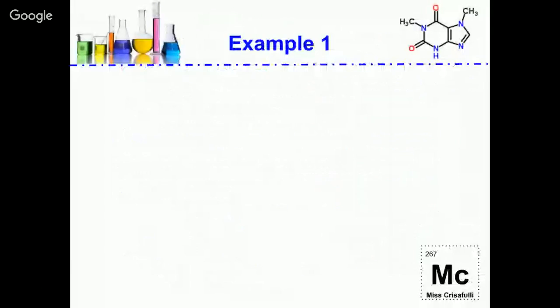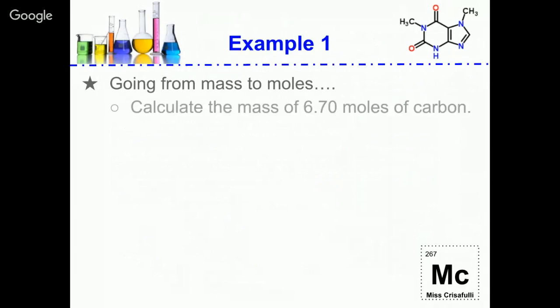So let's look at an example problem. This is going from mass to moles. So the question is calculating,